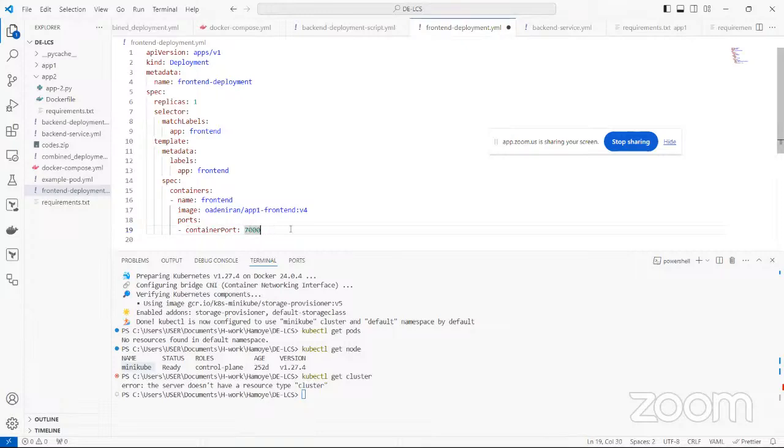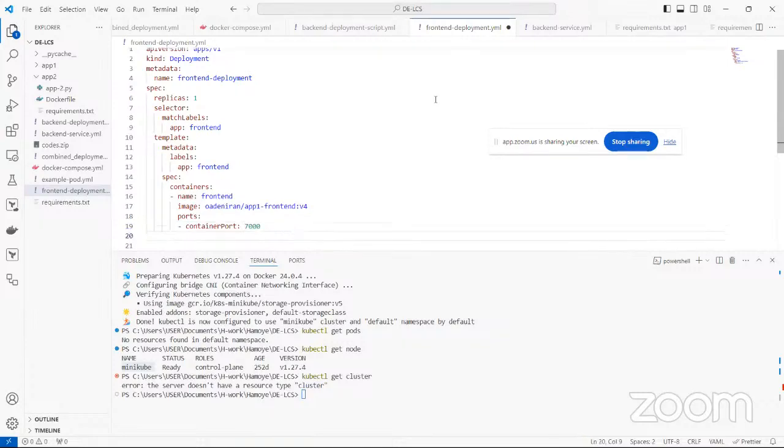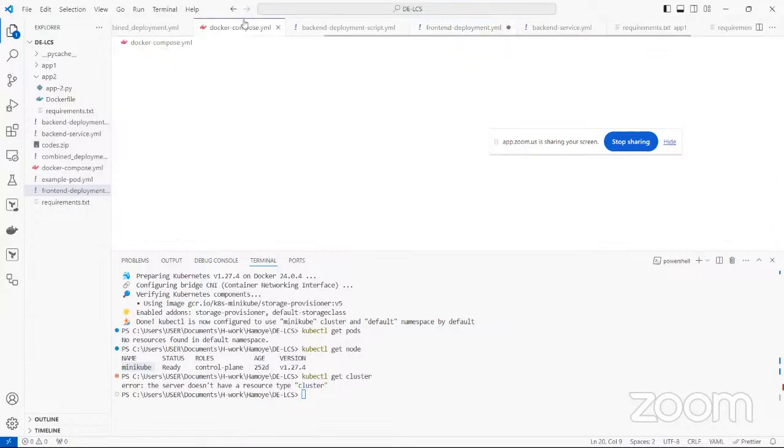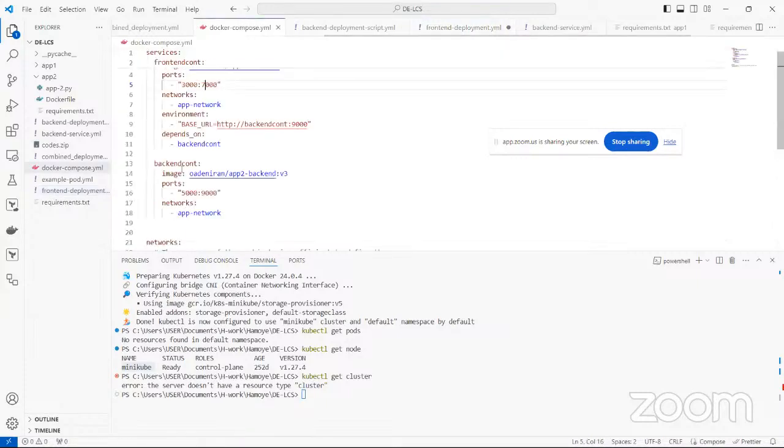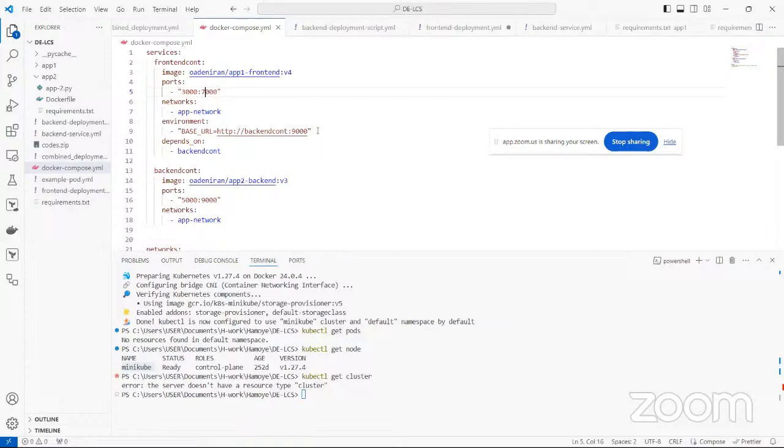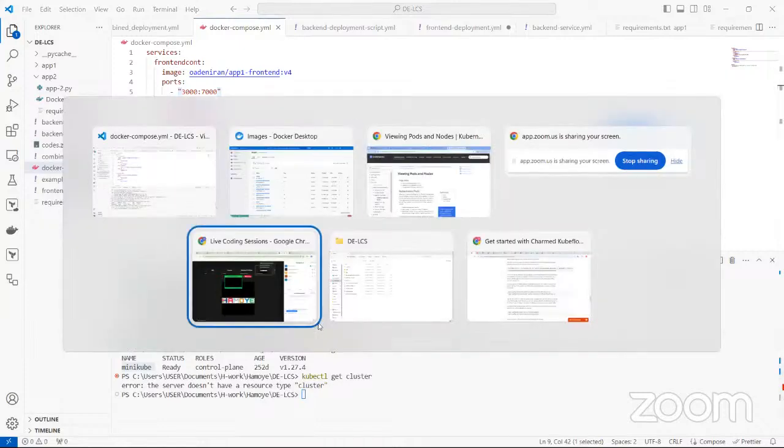But we also need to include one more thing. What we need to include now is an environment variable. I don't know if you remember correctly, if I open up the Docker Compose that we used the last time, you see that after starting the front end, we had to add this environment variable to show that the